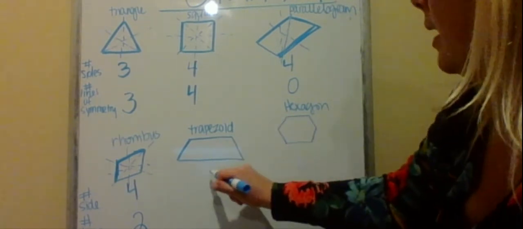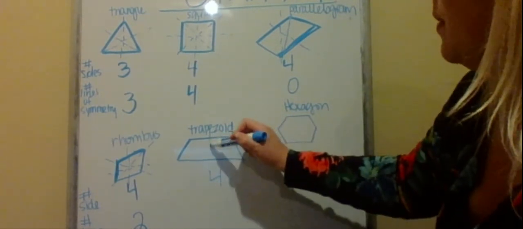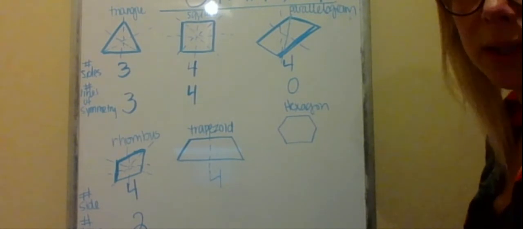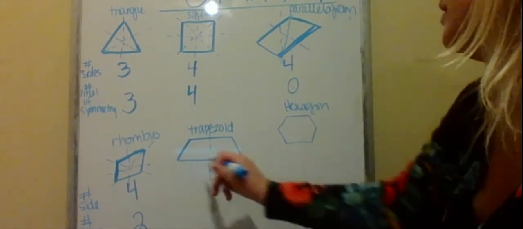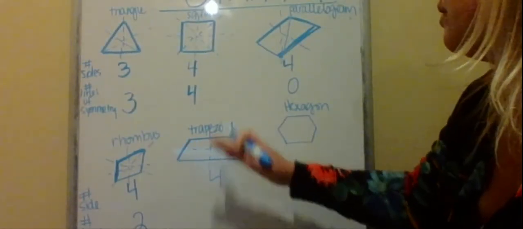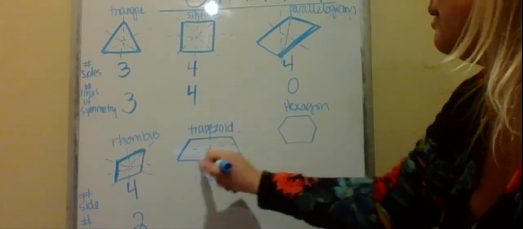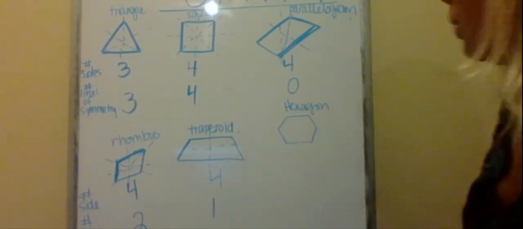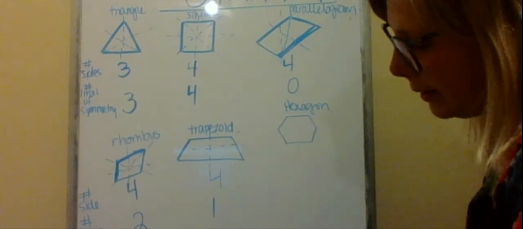A trapezoid has 4 sides. If I cut it going down, that's 1 line of symmetry. And that's pretty much it, because if I cut it going this way and tried to look at the fold, it wouldn't work. And this way wouldn't work. So really, it just has one line of symmetry. And then a hexagon